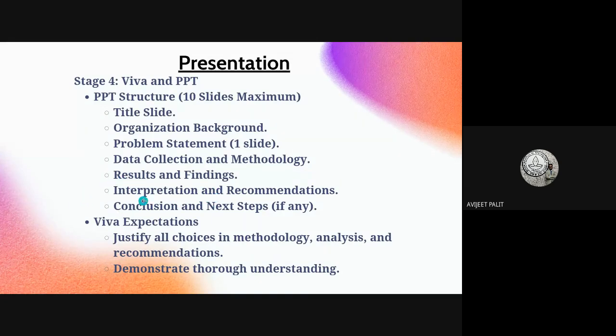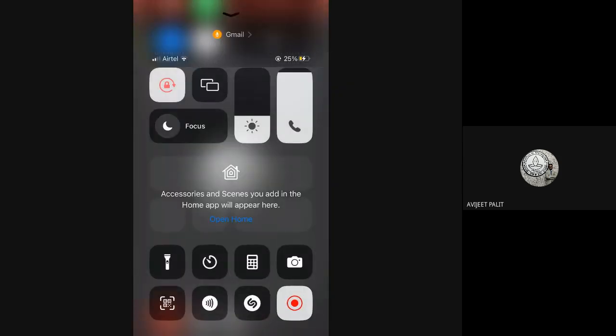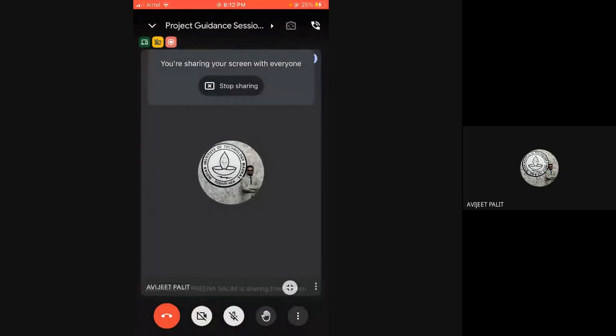And you can also put a conclusion and next steps or any impact, if any. Like you have conducted this project for a whole 3 or 4 months in the business, and you're able to derive a 10% increase in their revenue through this business. So you can actually establish this in your Viva as well.